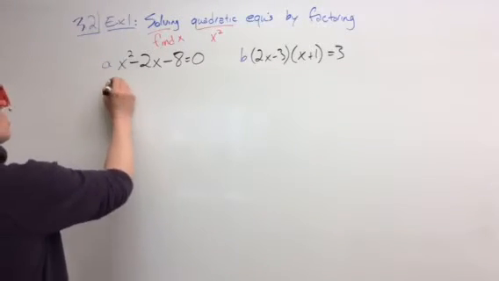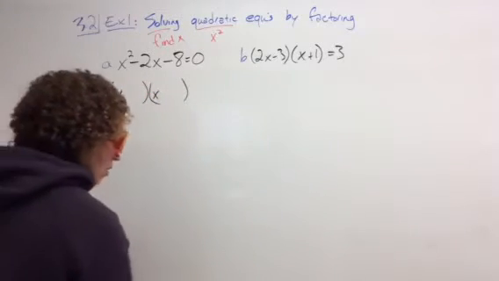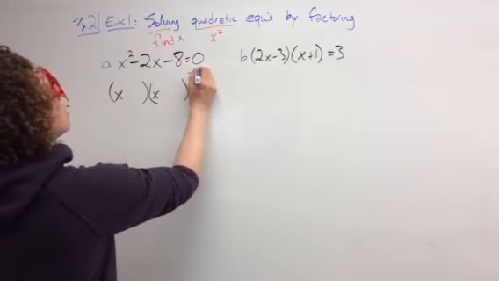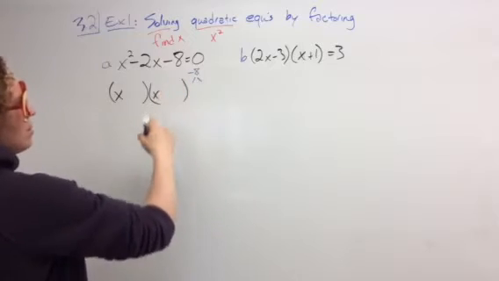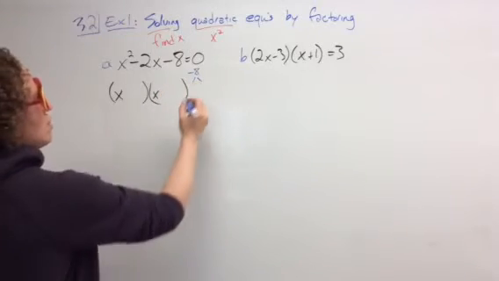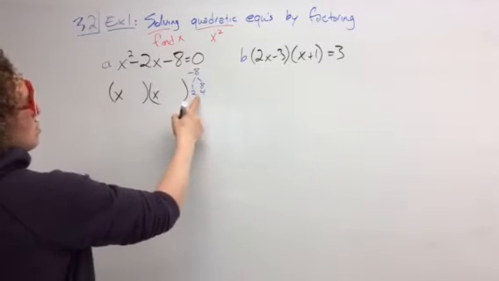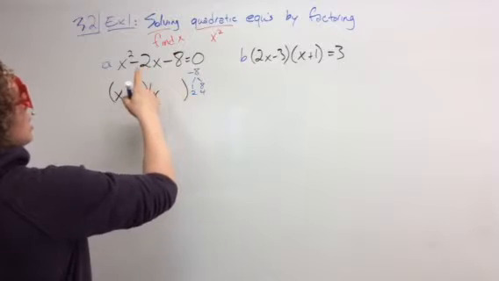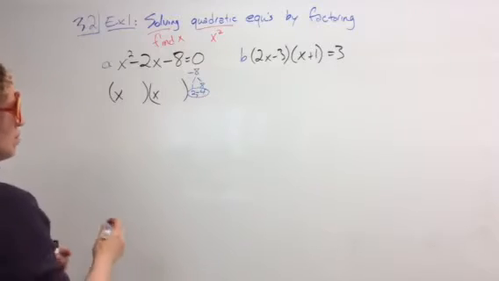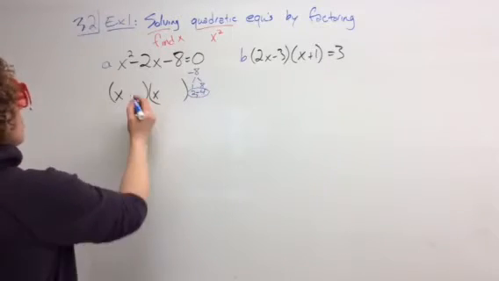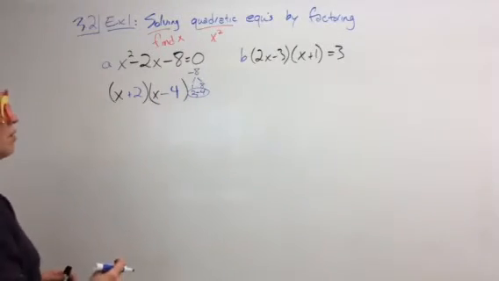This one's a simple one. It just starts with x squared, so I can just write my x's here. And then I can figure out what number multiplies to -8 and adds to -2. It's a negative number, so there's going to have to be a positive and a negative in here. Factors of 8 are 1 and 8, 2 and 4. So 2 and 4 have a difference of 2, and the negative is the one that wins, so we make it 2 and -4. So we're going to put those in, plus 2, minus 4,